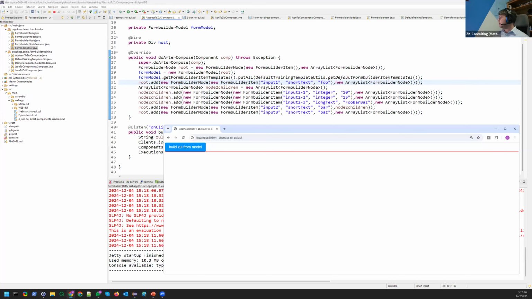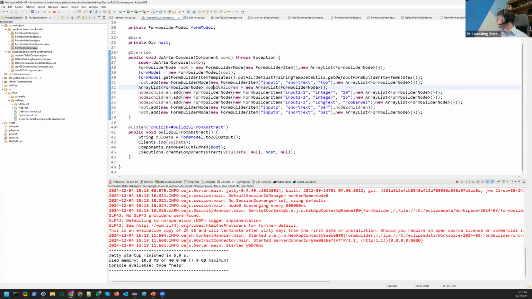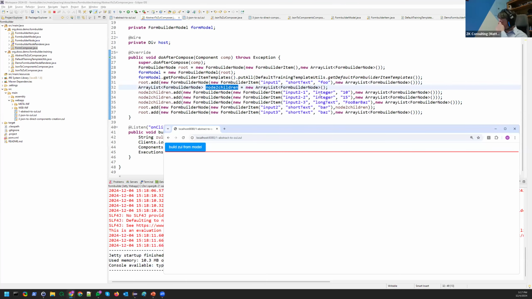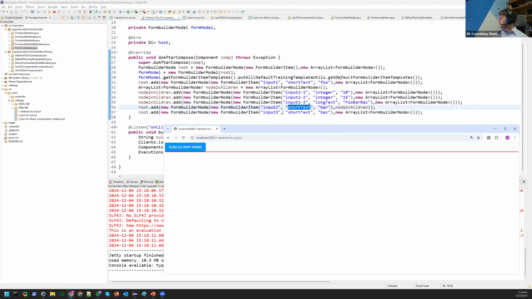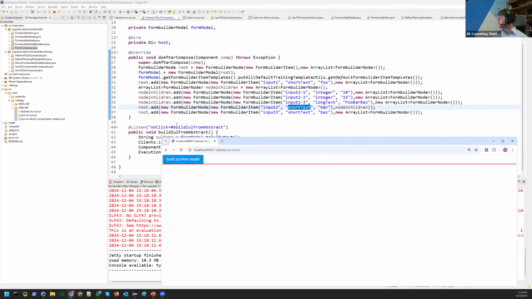As children of the node 2. As children of the second node, we create an integer, another integer, and a long text. We put those as the children of the second node we create. So a short text named input2. And then we add a third first level element, which is also going to be a short text, which we're going to call input3. If I trigger this function on click,